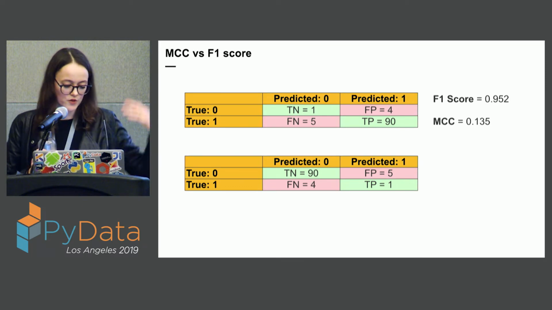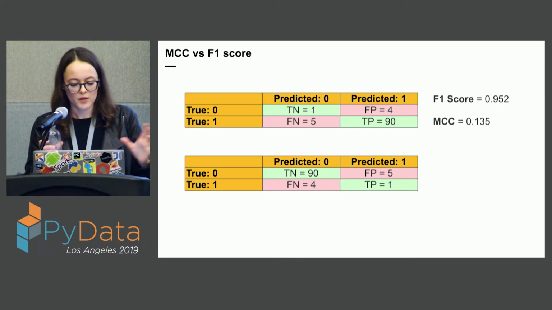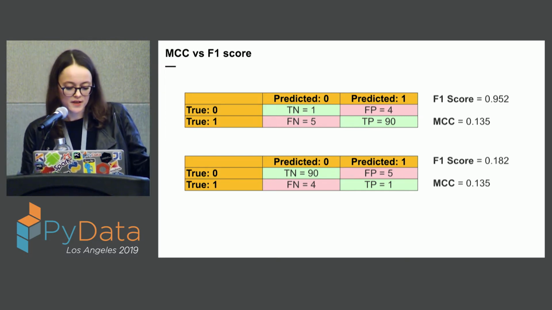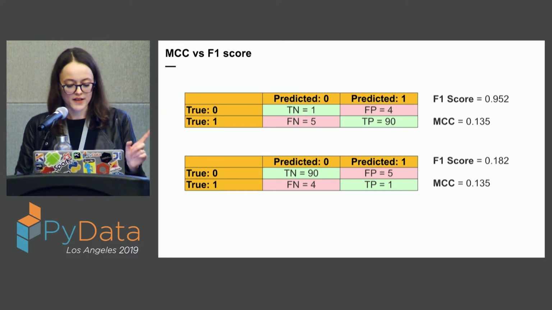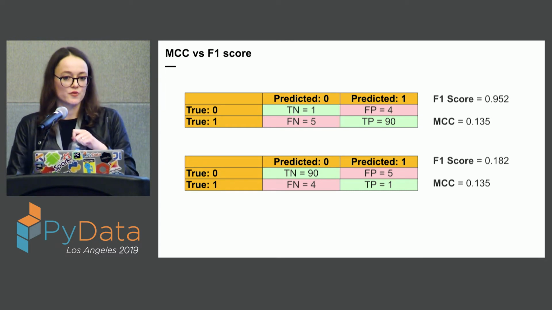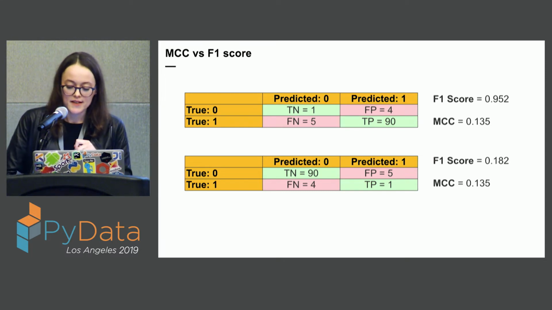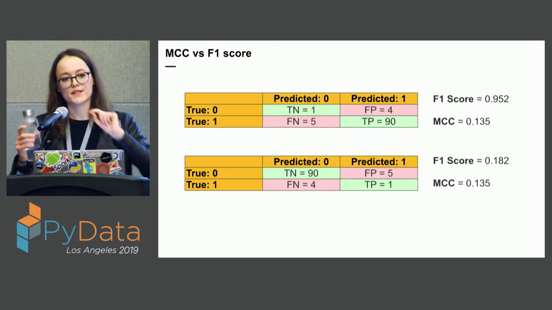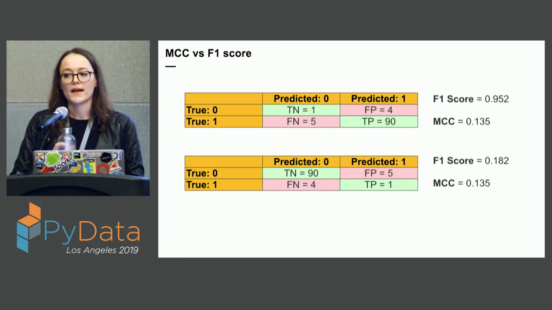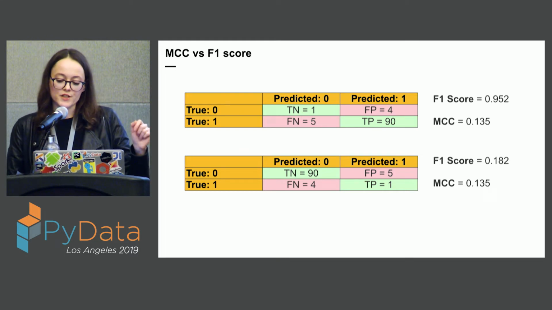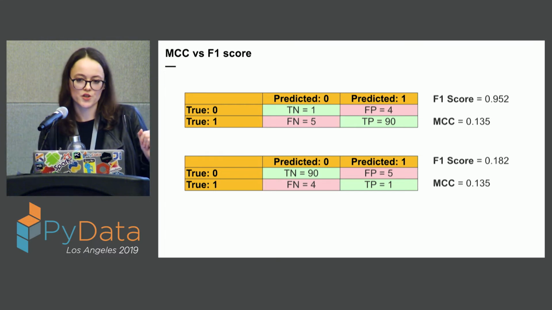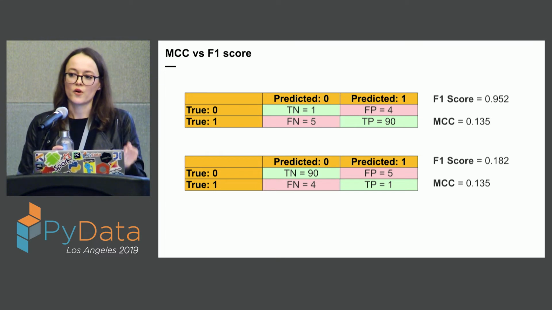What happens is, the confusion matrix is going to be a little bit different, but the model is essentially still the same. MCC stays the same, but F1 score changes drastically. And this is exactly because MCC takes into account all 4 cells of the confusion matrix, while F1 score is a harmonic mean of precision and recall, and neither precision nor recall take into account false,